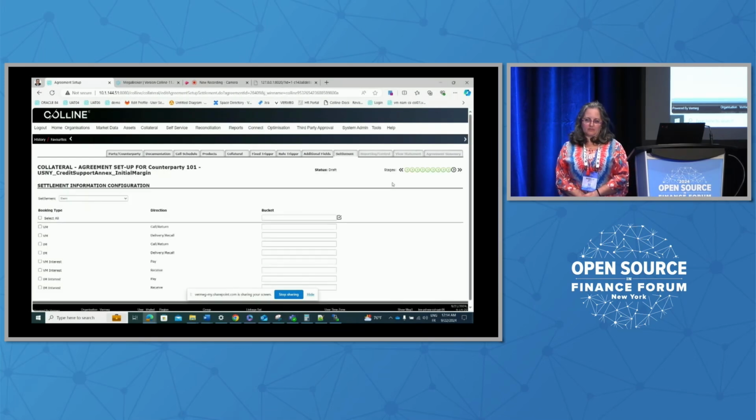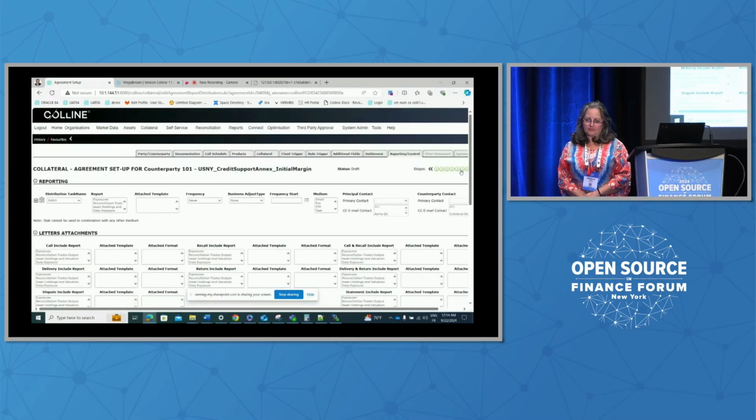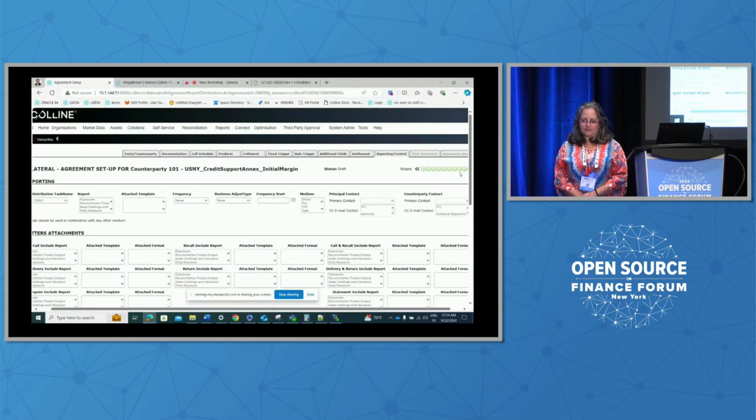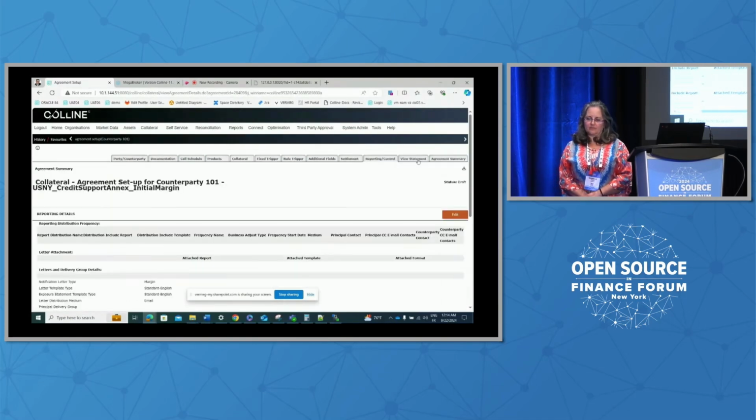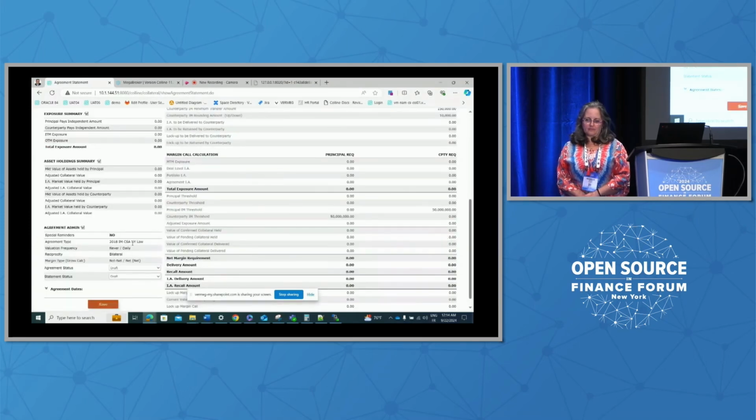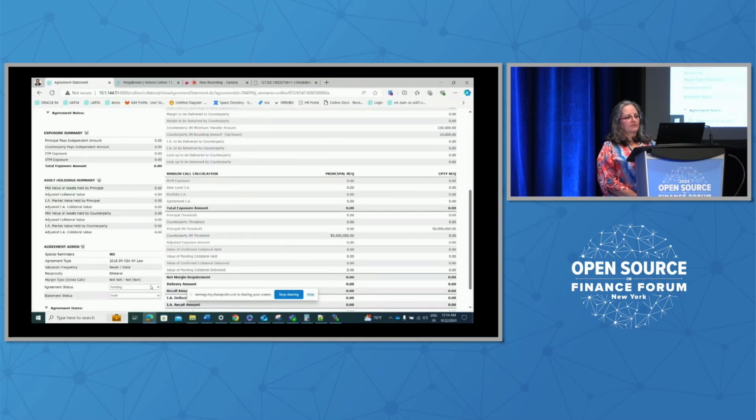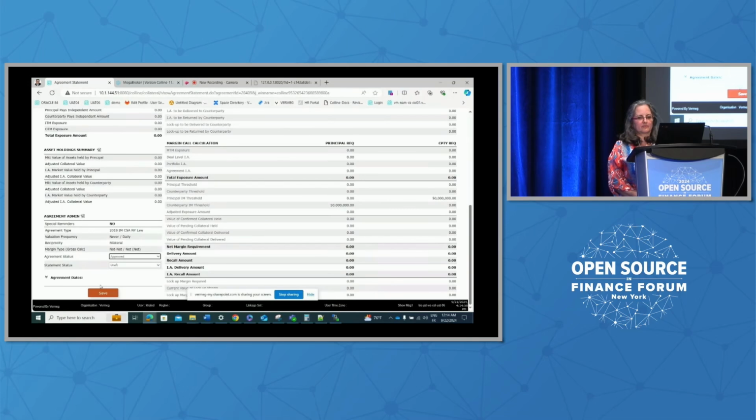For the settlement tab, the user has to select the appropriate SSI bucket for the different collateral movements. After that, we can check the statement and we have the possibility to change the agreement status to pending and thereafter to approve it. Also, you can apply 4i or 6i check before approving